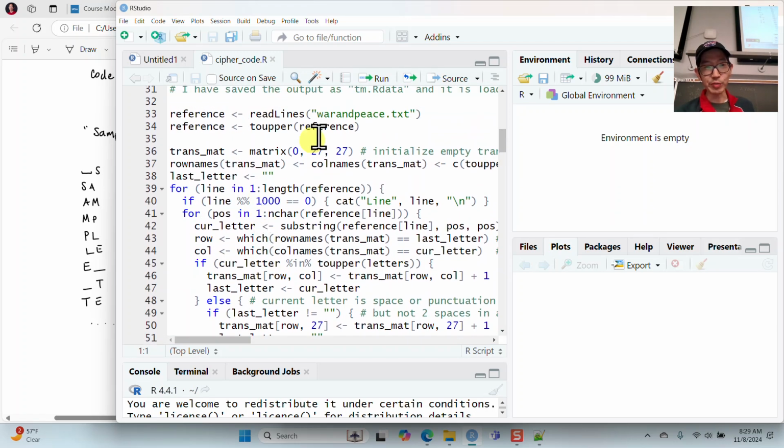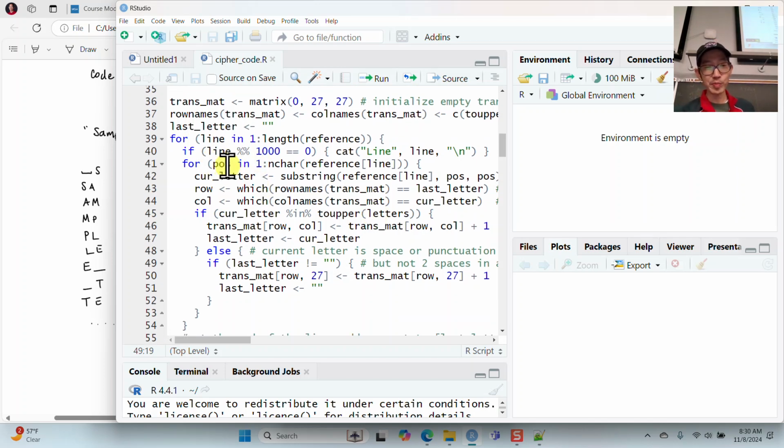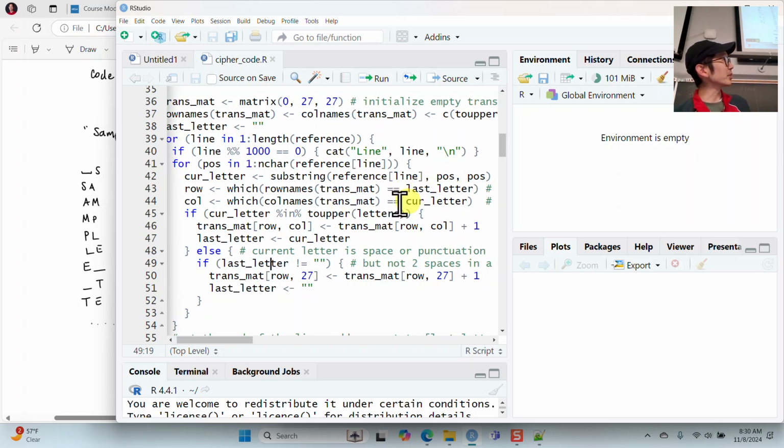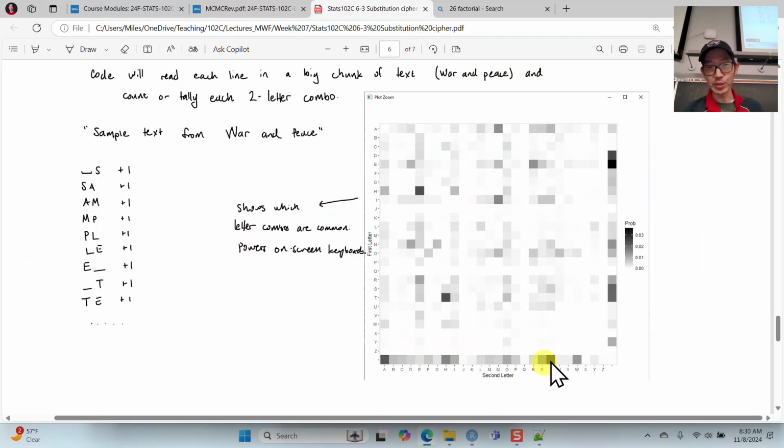Somewhere in this reference thing, it says read in the lines from War and Peace, make everything uppercase, build this transition matrix of 27 letters by 27 letters, and basically it says, for your position in this line, 1 through the number of characters, the row is going to be your last letter, your column is going to be your current letter, and then basically add a 1 to it. And so War and Peace, this very long novel, this is the resulting